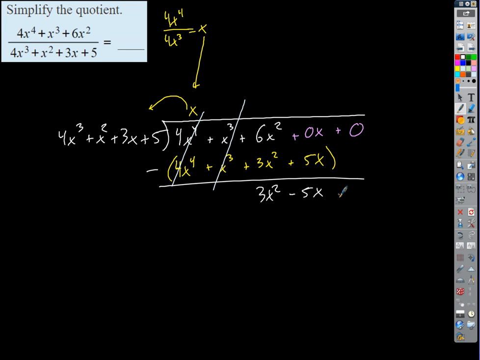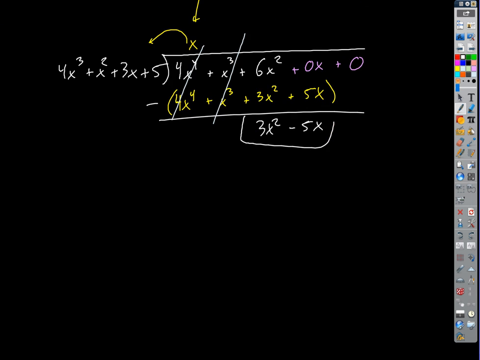How come? Not applicable. But why? I would maybe have to write the 0 there if I were going to be able to continue the process, but I'm done, right? Because 4x cubed, I have an x cubed outside that I'm trying to divide into an x squared. I can't go any further. Now, if this were an x cubed, yeah, then I could, right? But it's not. So this becomes my remainder, and the answer is